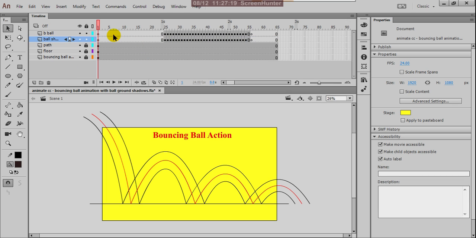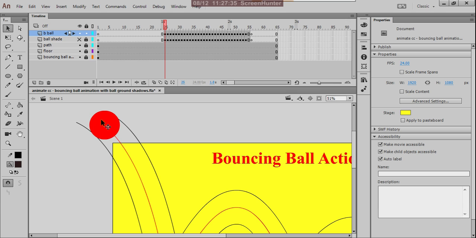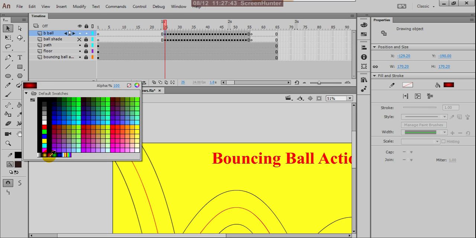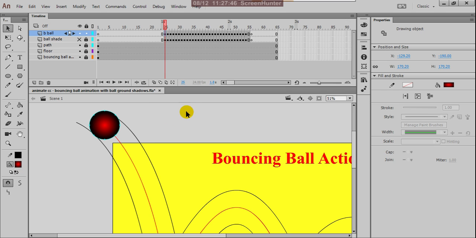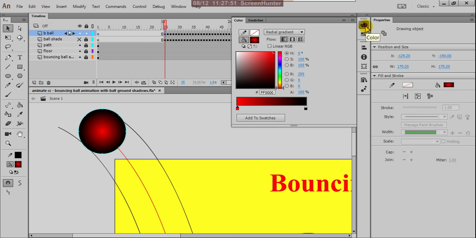Right, now what you do, you lock this for the time being and you come here. Suppose these are all balls, but the flat balls, plain balls. Here what I am doing, select this and I want to apply the shade of that. Suppose here I am applying this. Otherwise, if you want to change this color, you can change it by choosing your own color.